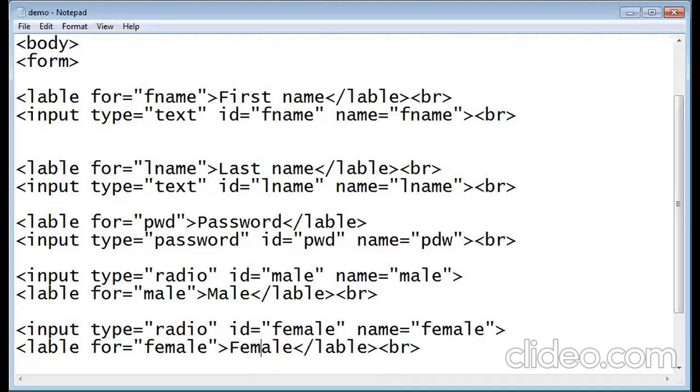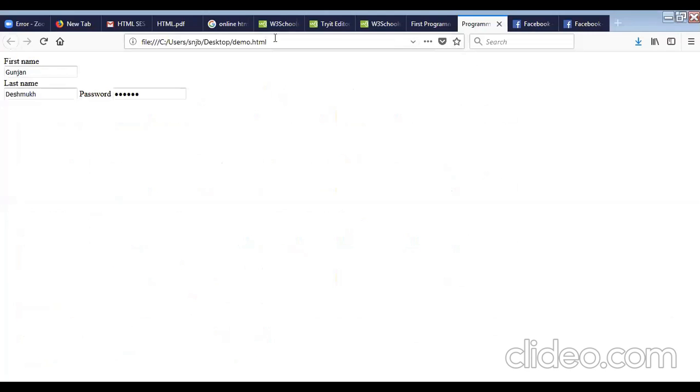I will save it, go to the browser, refresh it. Now you can see first name, last name, password will be suppose Gunjan, so it is in hidden format. So you can see the radio buttons for female, male, first one is male and second one is female.